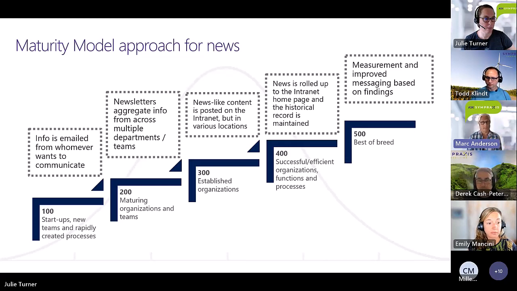It's not just a sea of text. You get your points across quickly and then let people dive in deeper if it's a piece of news that's of interest to them. So again, a little bit generous. News is not a complex thing, but it's amazing how many organizations don't do it well. So I think there are still some stages that you can go up to up your game.